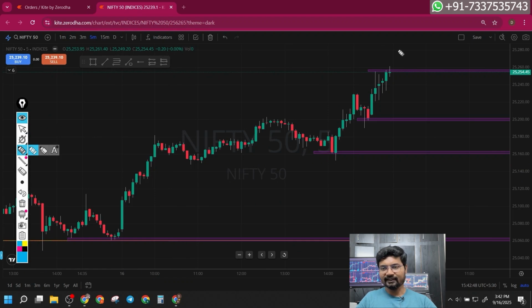Tomorrow, if it opens a gap up, it may work out as soon as the market opens. If it's a small gap up, you can enter on the breakout itself. If it's a big gap up, wait for a pullback and take the trade in that pullback. Even with a big gap up, it can give a breakout, but it may not give a much bigger risk-reward ratio trade. You should be on the bullish side.